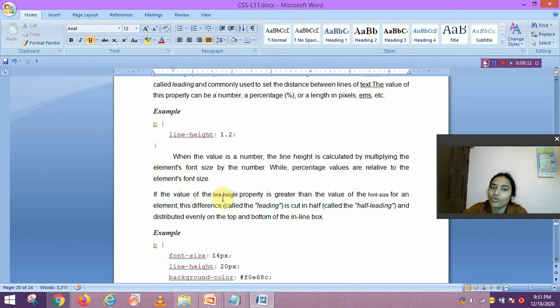If the value of the line height property is greater than the value of the font size property for an element, this difference is called leading. It is cut in half and distributed evenly on the top and bottom in the line box.